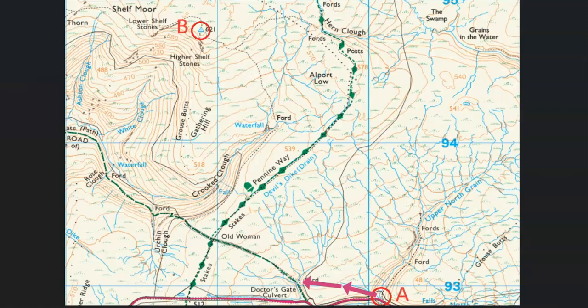So we get to this point here, take the bridleway, and because we're hitting the Pennine Way, it should be a fairly obvious path there. We shouldn't overshoot. If we do, we're soon going to look like we're going steeply downhill into Crooked Clough, so that tells us we've gone too far. So from there, up,